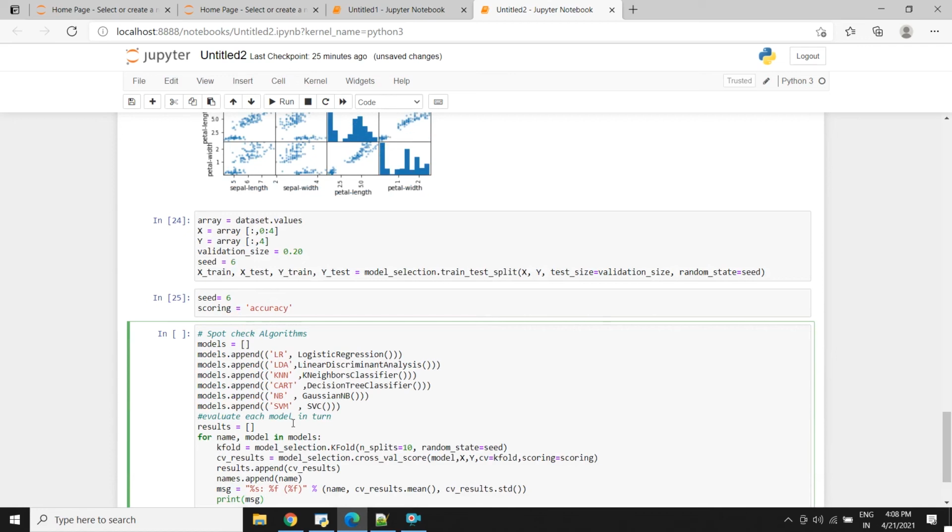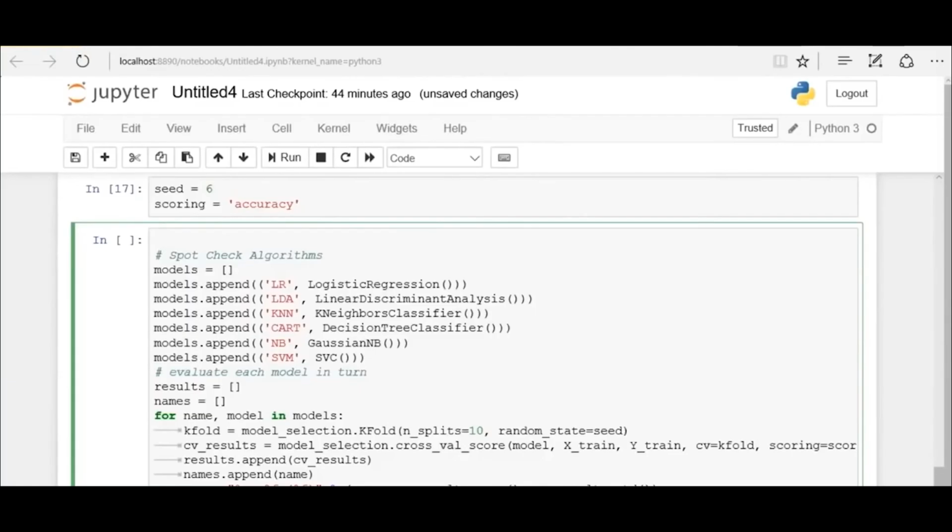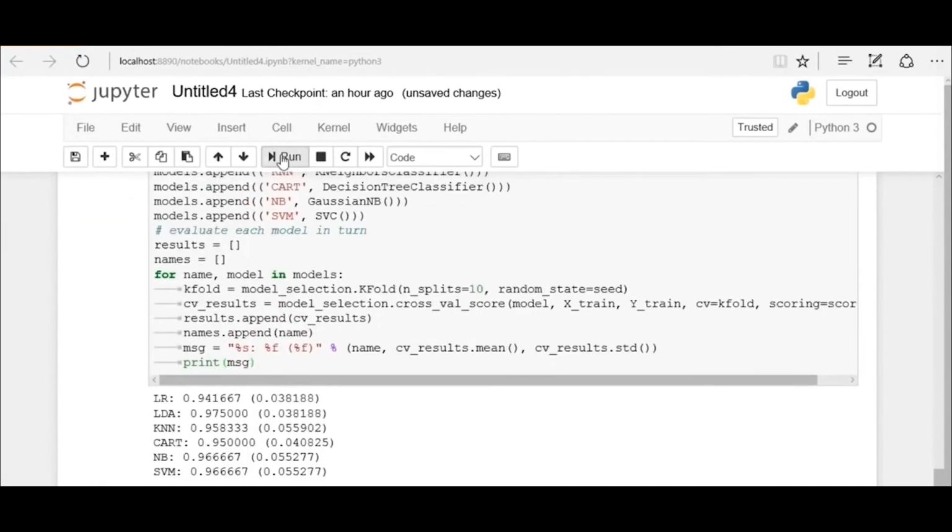What we are doing here is building different types of models: logistic regression, linear discriminant analysis, k-nearest neighbors, decision tree, Gaussian Naive Bayes, and support vector machines. Next, we'll evaluate the model in each turn. So we have 6 different models and an accuracy estimation for each one of them. Now we need to compare the models to each other and select the most accurate of them all.